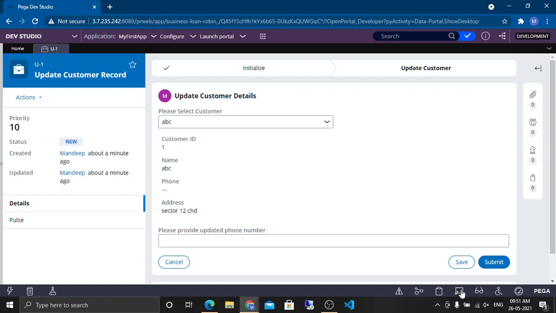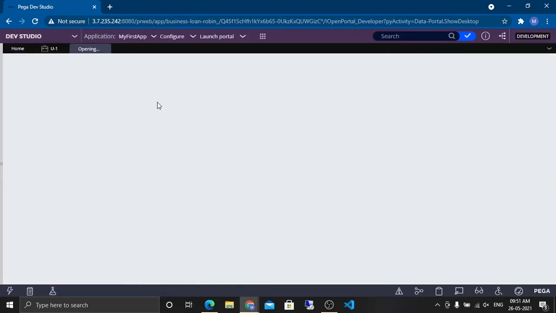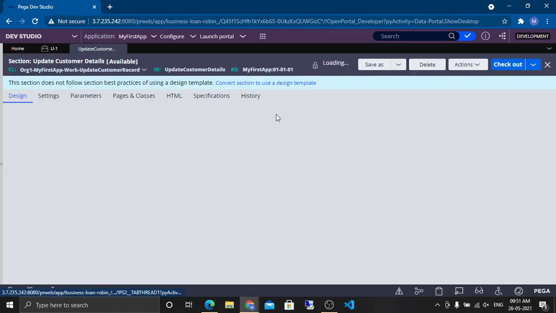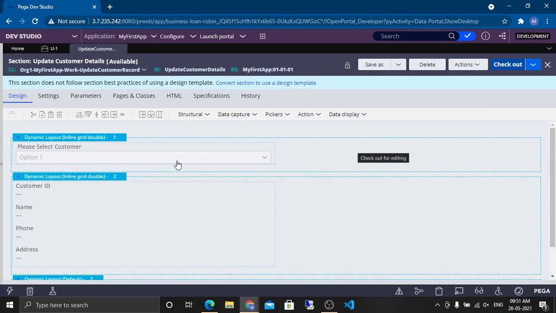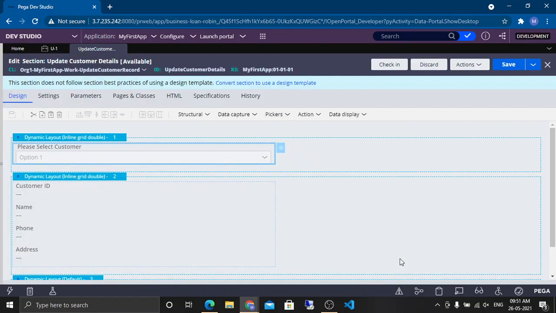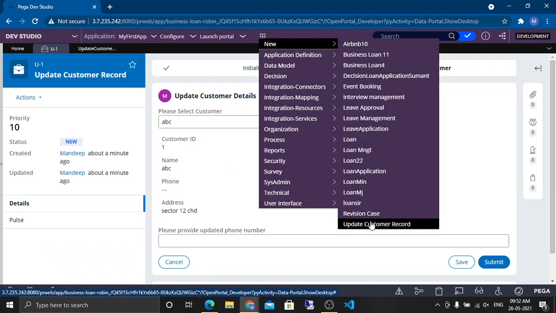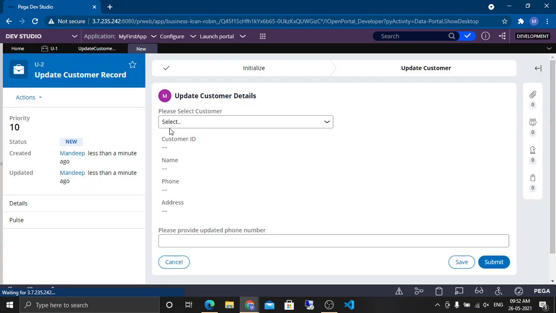So first of all, these drop downs should always have placeholders as a best practice, because otherwise it seems like ABC is already selected, which is not the case. Let's add one placeholder first here quickly. Let's take some default, Select. Let's refresh. I have already selected something, so let's create a new one. So see, now it is Select, right? And if I select ABC, data is getting created. XYZ, it is getting created.